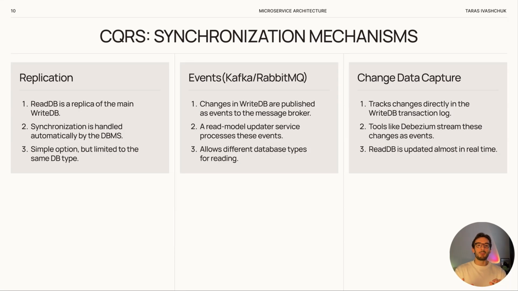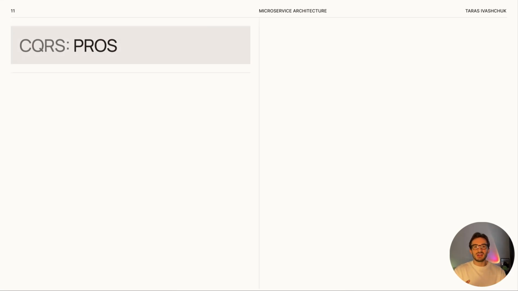Actually, CQRS is a powerful tool, but like any architecture decision, it has trade-offs we need to consider. Among the advantages of CQRS, we can highlight targeted choice of technologies. By splitting reads and write logic, we can pick the best technology for each side. For reads, we may use Redis for super-fast access from memory, or Elasticsearch for full-text search. For writes, we may use traditional relational databases like PostgreSQL or MySQL. This flexibility allows us to use the strengths of each tool.